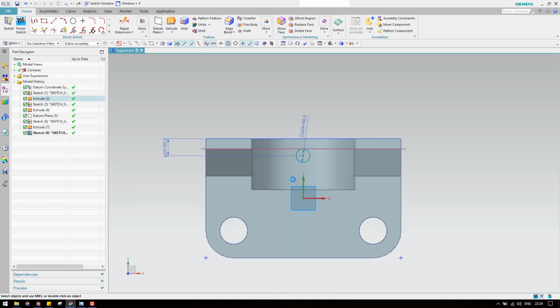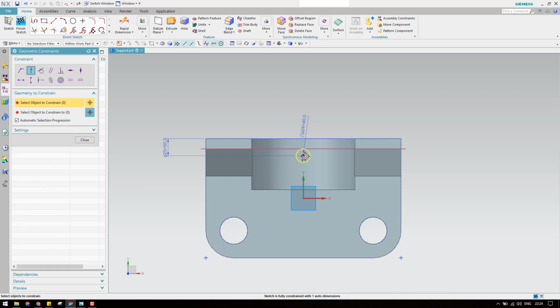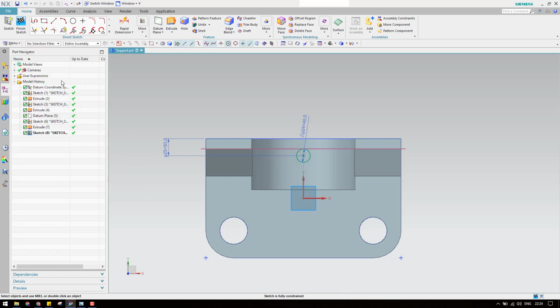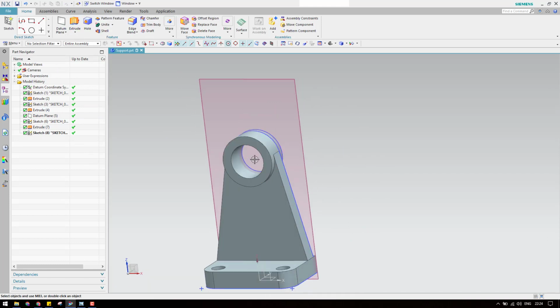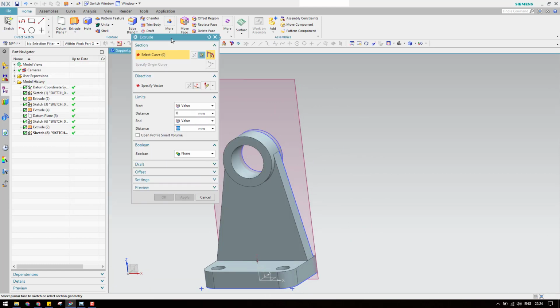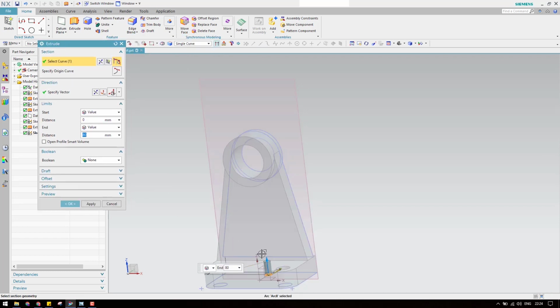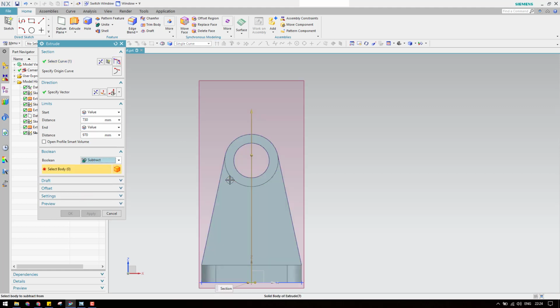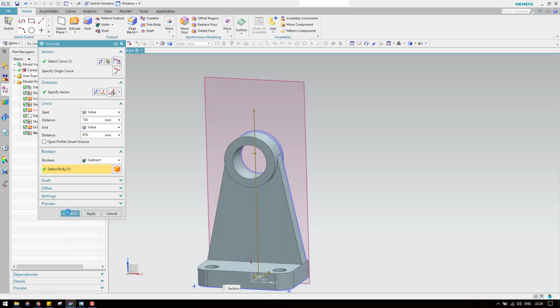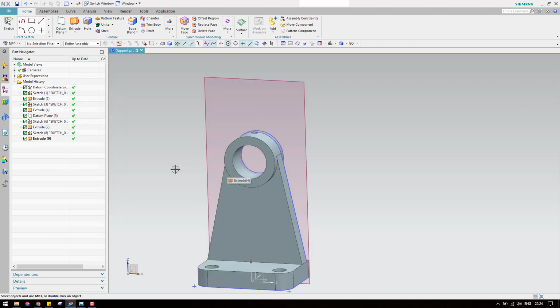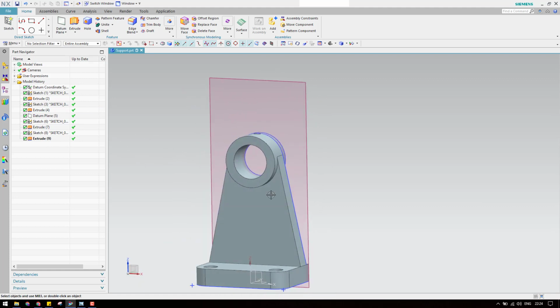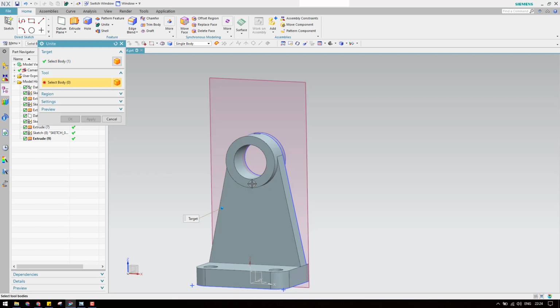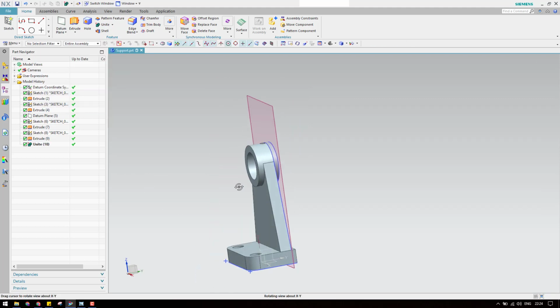Now this should be on this y-axis, so point on a curve, and that's it. Let's finish the sketch. And now we have to pass through this, so go to the extrude and always select here. Now I will make this pass through. You can set any dimensions in order to remove it. So go to subtract and select this face and click OK. Now I think these are not united, so let us unite them all. Okay, that is united now.